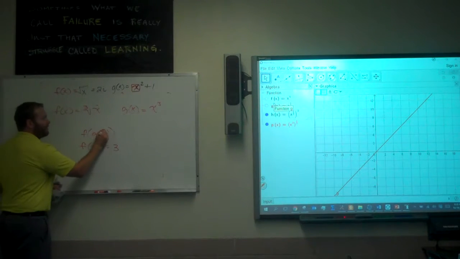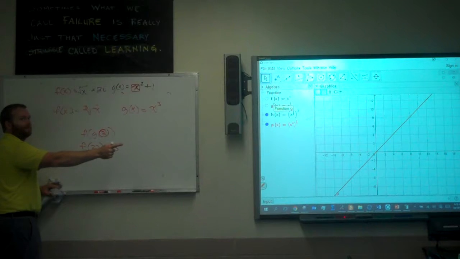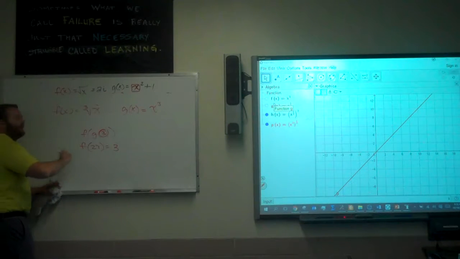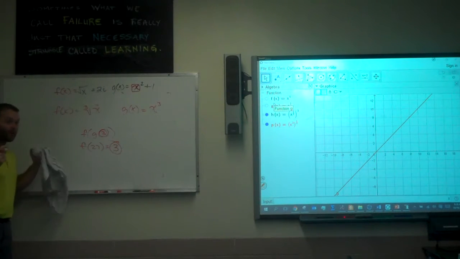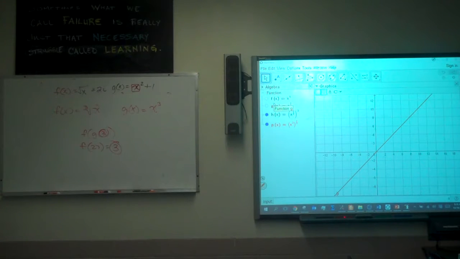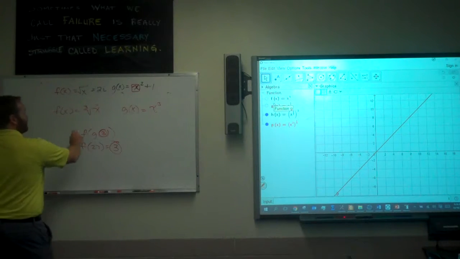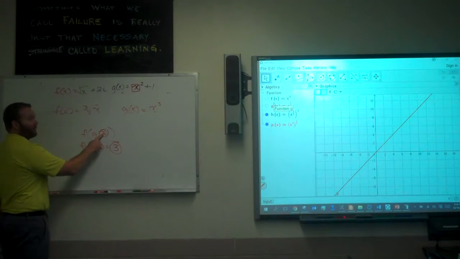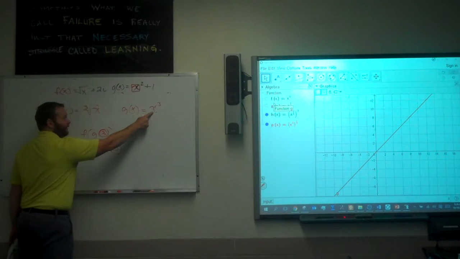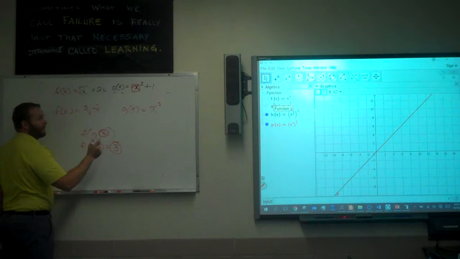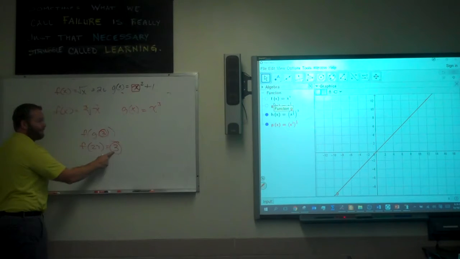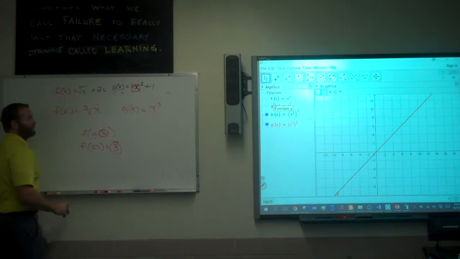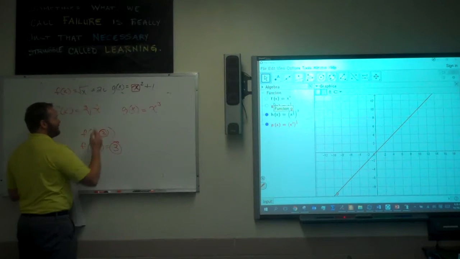So I started with an input, it changed to 27, but the other function took that 27 and got me back to the same original input that I started with, right? So my first input becomes identical to my last output, and when that happens, these functions are referred to as inverses. They undo each other, okay? No matter what number you start with, if I start with pi, running through here, and then take that quantity, pi cubed, and run it through here, I get back to pi, no matter what number I start with, okay? And the same thing happens